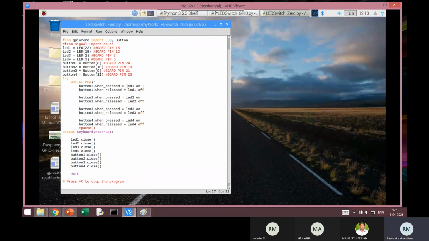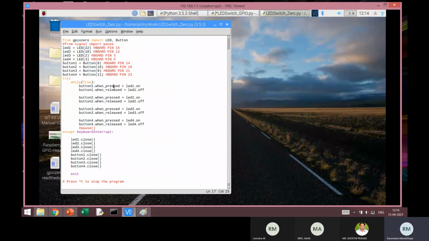LED dot on is a function: once you define LED 1, you can call functions on it, like LED 1 dot on, LED 1 dot off, LED 1 dot blink, and so on. Here I'm giving a reference to that function, LED 1 dot on.